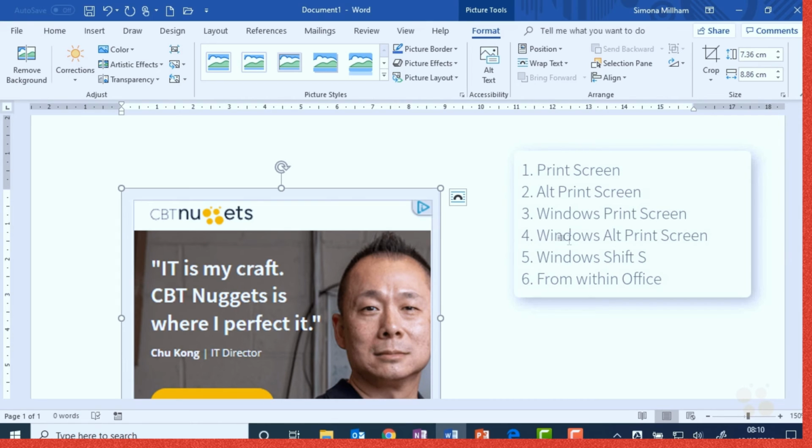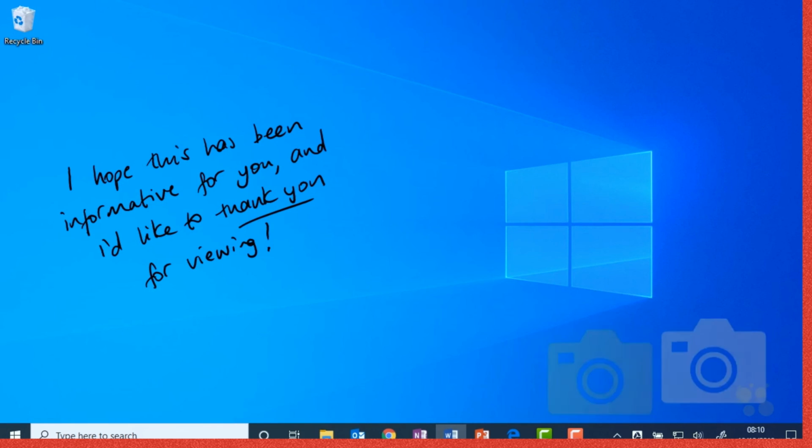So that makes 5 ways of taking a screenshot from within Windows, or 6 methods if you also count doing it from within the Office application. But my question to you is, which method is going to be most